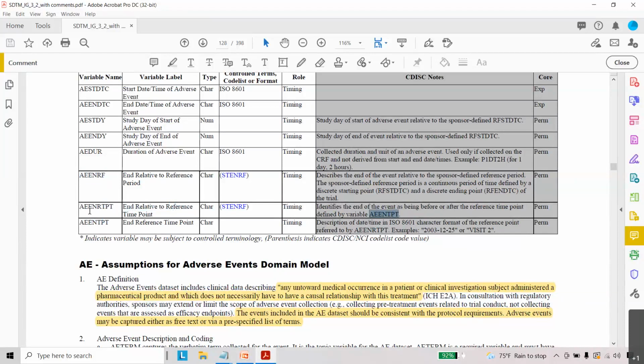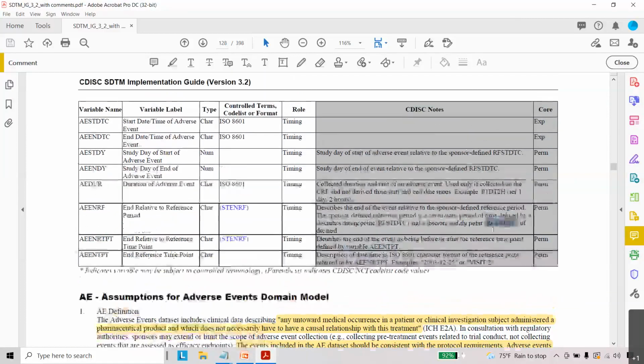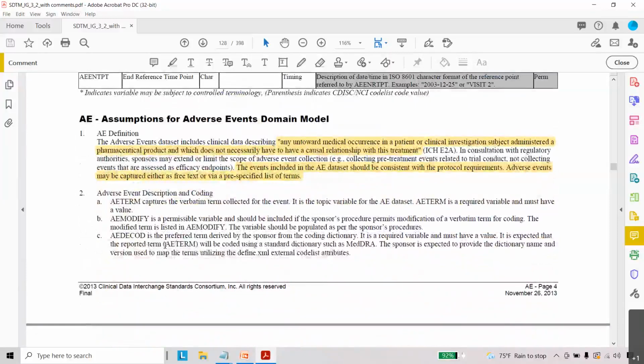So AEENRTPT values are defined based on AEENTPT, but AEENRF values will be defined by RFSTDTC and RFENDTC, and these timing variables are permissible variables.